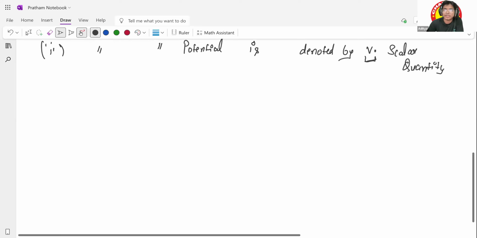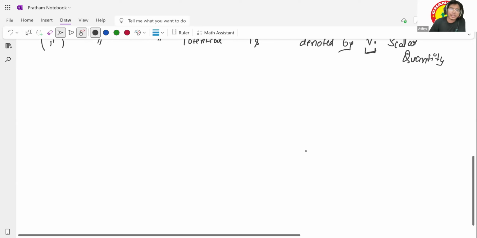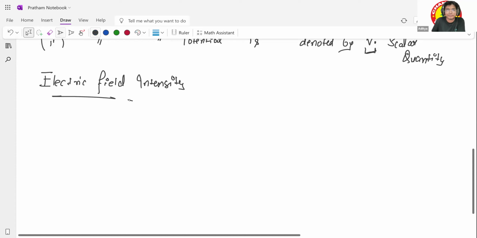So we did this part. Now let's start measuring electric field intensity. So what is electric field intensity? A general idea is you have E as a vector point, right? So what we are going to take,